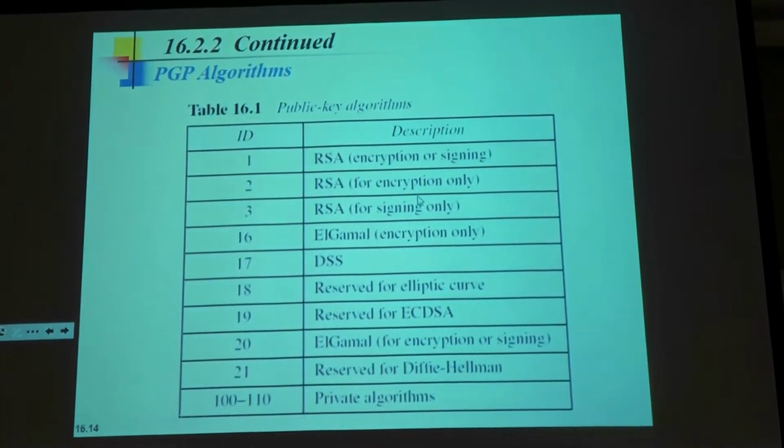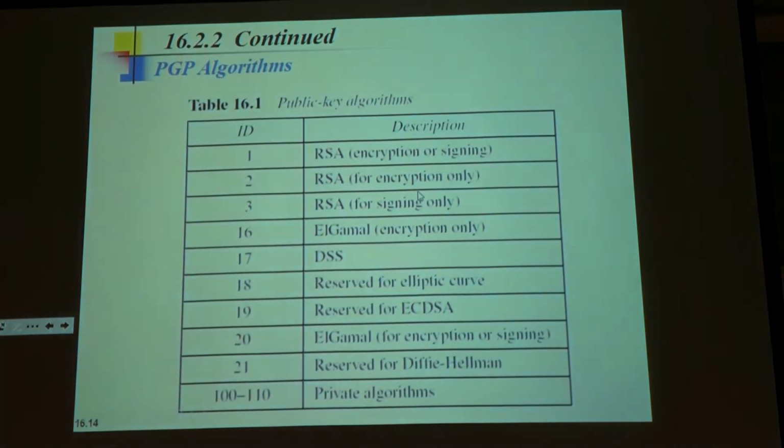So for the key rings, you're going to have a private and public key, then you have the public keys of other people as you see in here. Alright, so the question is, how do we share these rings? How do we share these rings? So, in the PGP algorithm, for the public key algorithm,